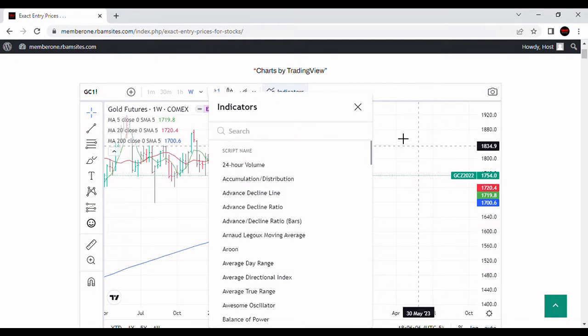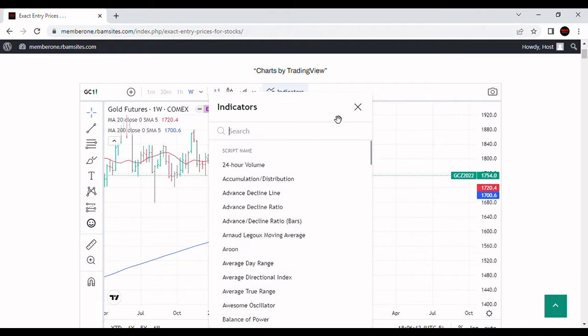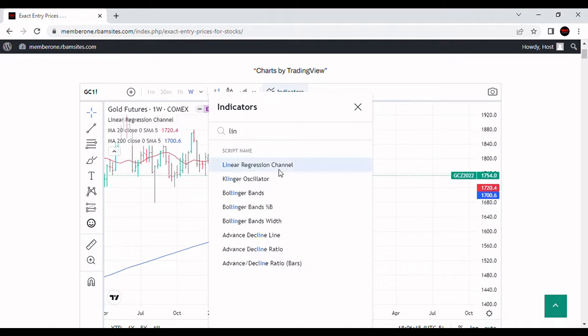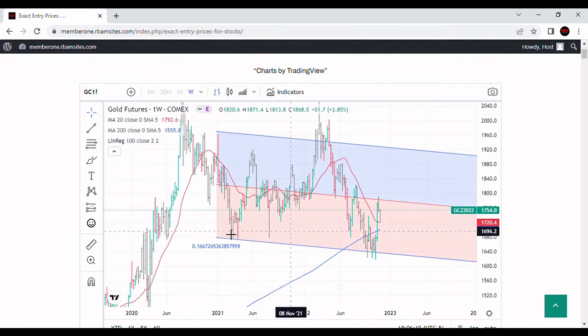Let's take a look at another indicator real quick and see if we can't come up with a better idea of what's going on with gold. We're going to do a linear regression of gold, a 100-week linear regression here. This is 100 bar, and this is a weekly chart. So if we come down here, we can see that gold has respected this. This is fair value here in the middle, 2 standard deviations down here, 2 standard deviations here.